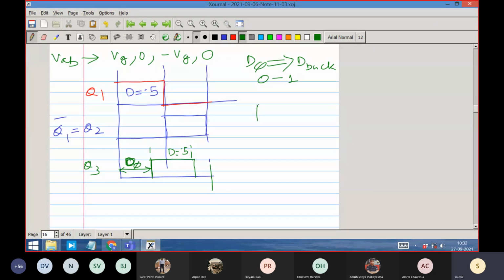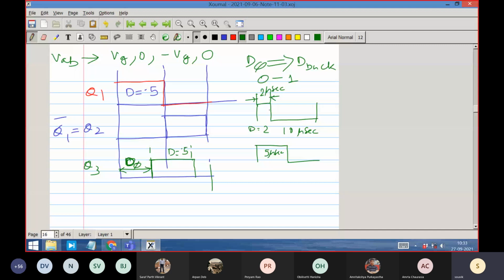If I have to create a smaller duty ratio, suppose I want to go to a higher frequency. Suppose the period is 10 microseconds. If D is equal to 0.2, which is 20%, then this time is 2 microseconds, right? If the same job can be done with D equal to 0.5, as I will show you it can be, then it is 5 microseconds.